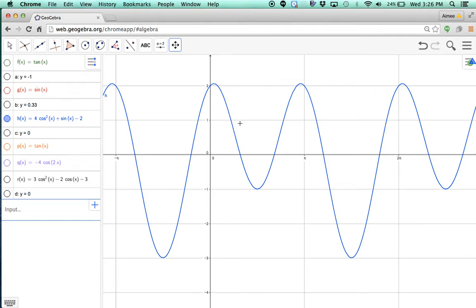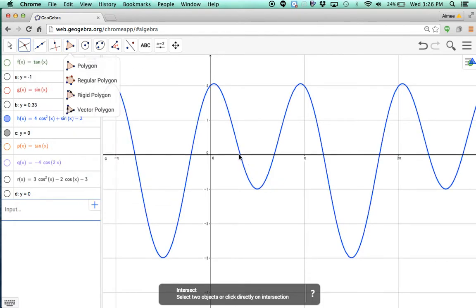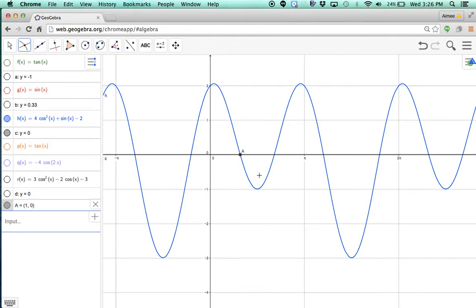And so now what we need to do is find out when that is equal to 0. So we also have the graph of y equals 0 here, and that's just on our y-axis. So if we're looking on the period from 0 to 2 pi, we've identified that 2 pi is our period. So we want to find out, in how many cases do we have some intersections. So the first one, it looks like, would occur right here. And so if we find that intersection, it looks like that one is at